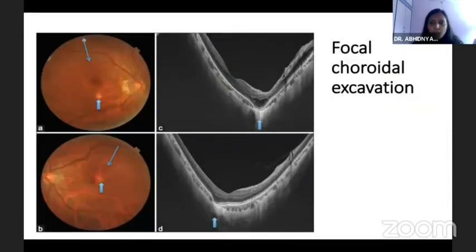Another disorder is the focal choroidal excavation, where there is thinning and excavation of the choroid. Now, if the retinal layers do not conform with it, and there is a septation in the retinal layers, this is known as the non-conforming type. Whereas, if the retinal layers follow the same choroidal excavation, it is said to be conforming type. One of the important factors is that the sclera is usually of normal thickness and has normal contour.